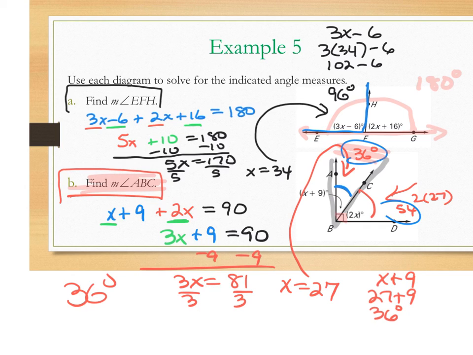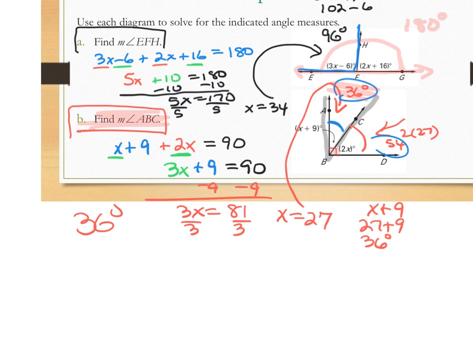Miss Corey? Yes. Let's say it did want every single angle that's available, like ABC and then CBD. Would you have to label all of them and then put what each angle is equal to, or can we just write what they're equal to? You could just fill it in the picture, or you could say angle ABC equals, either way. Either label the picture or just put what each one is. But if we just put 36, and we don't say which one is which,